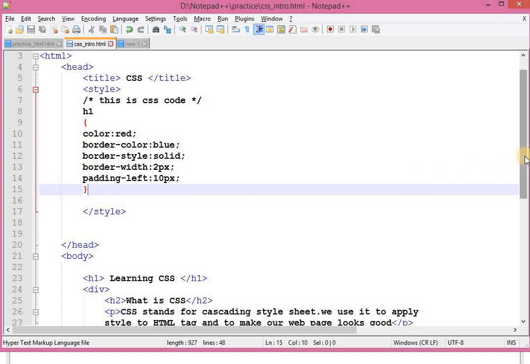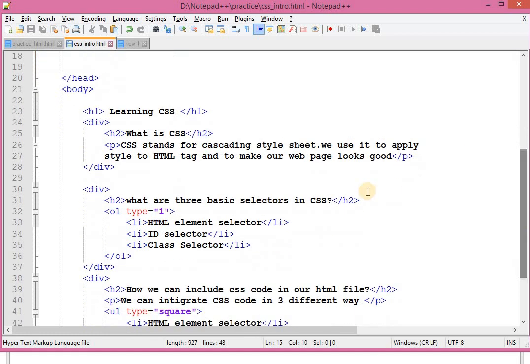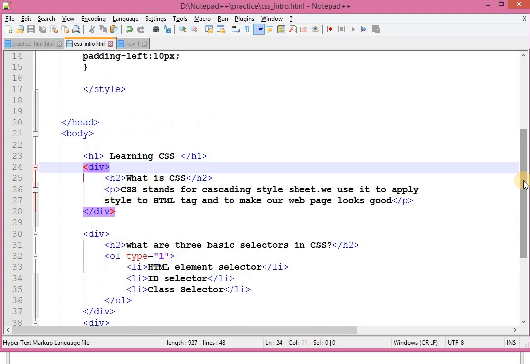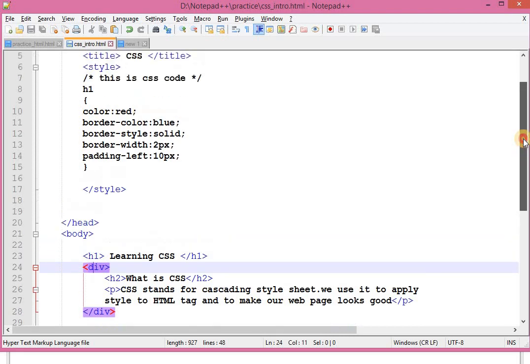Now I want to style this div tag and this paragraph tag also. Okay, first let me show you how you style this div tag. But now I am not going to style this div tag using the HTML element selector.